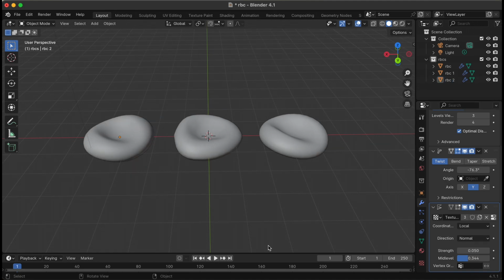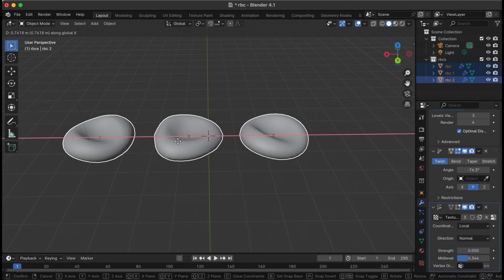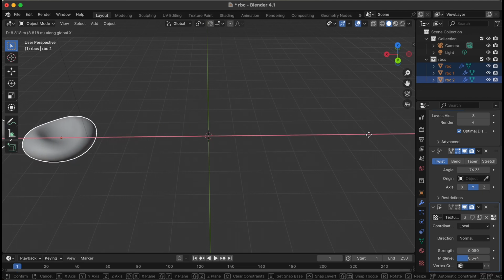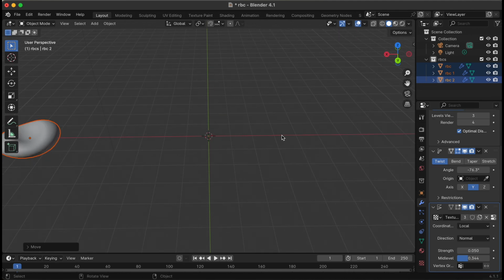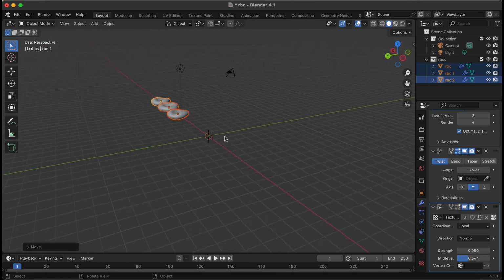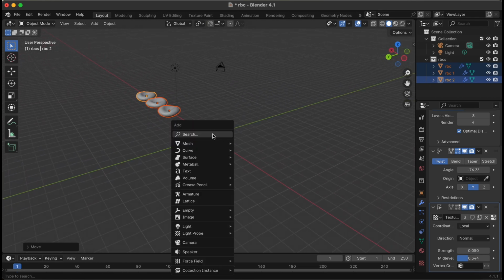Okay, so now that we have our red blood cells, we can select these and move them off to the side while we work on our particle emitter. So we will start by inserting a cube.